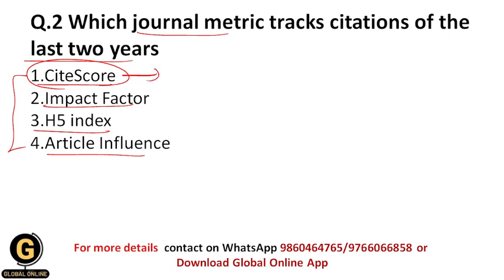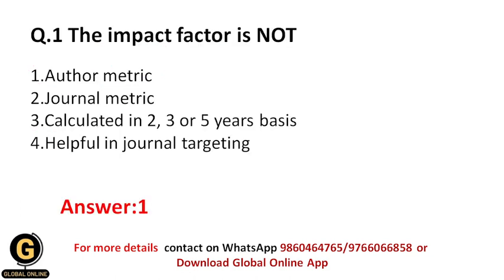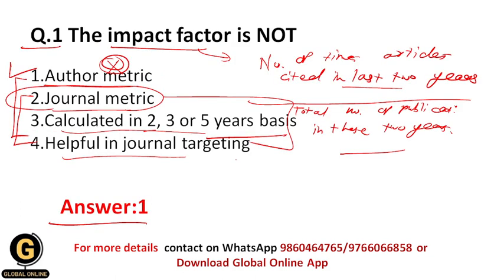So students, the CiteScore of a journal is the number of citations received in that year and the previous 3 years for documents published in the journal during that period, divided by the total number of published documents in the journal during the same 4-year period. As we have seen the formula for impact factor, where the number of times articles are cited in the last 2